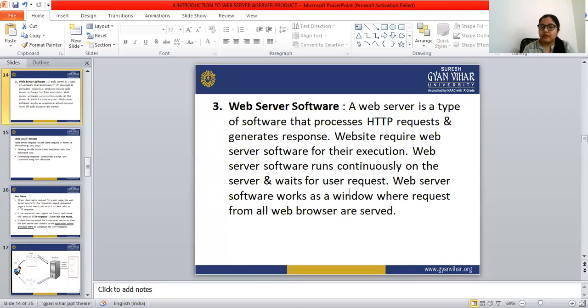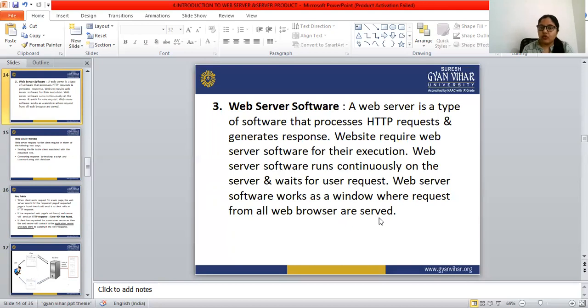The web server software works as a window where the requests from all the web browsers are served. This is the platform that serves requests from the web browser to the web server and from the web server to the client.